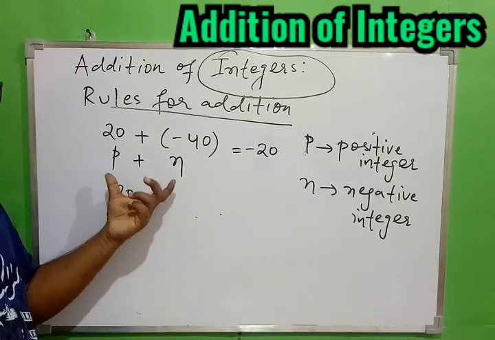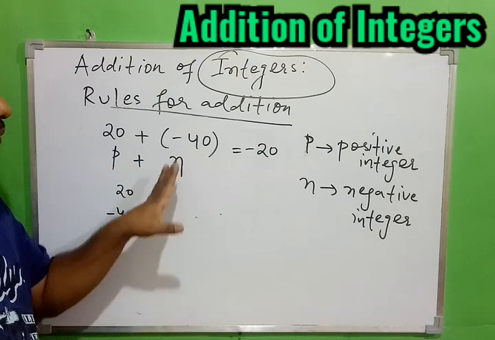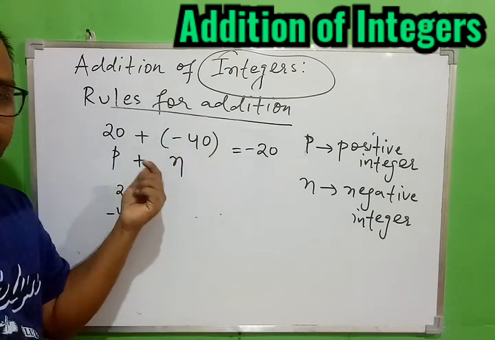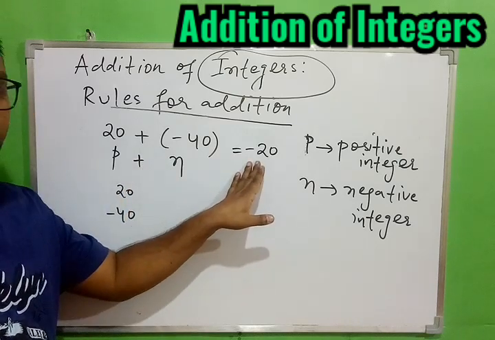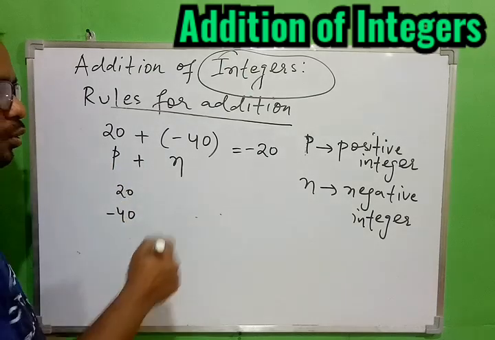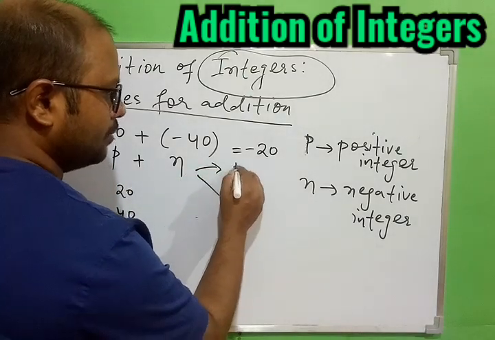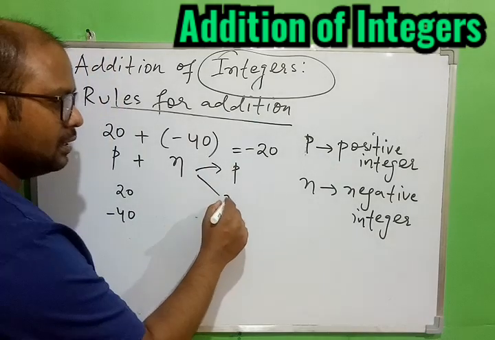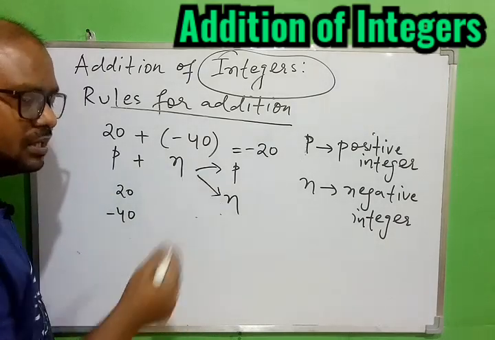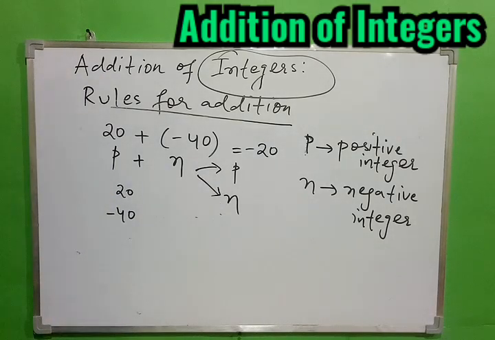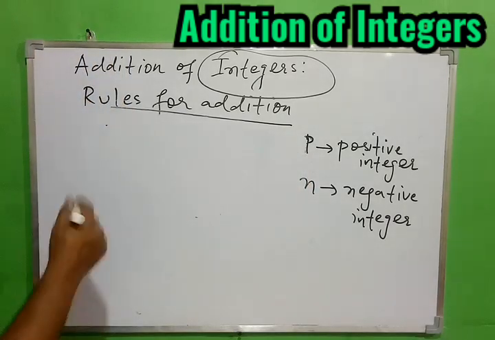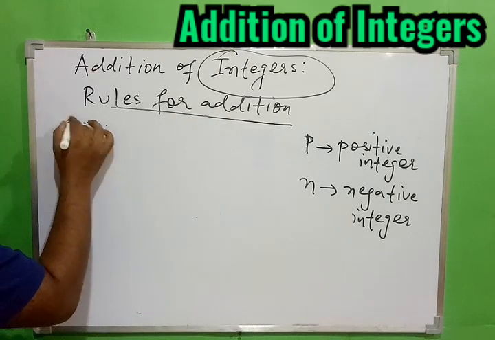Whenever we have positive and negative numbers or integers, just subtract them. Now see the numbers, the greater number, whatever sign it has in front of it, the same sign should be there in the final answer. So we can say by adding positive and negative integers, we can get a positive integer also, we can get a negative integer also. So I hope this is understood, and we have taken both examples to get this concept. So I hope this second rule is clear, and let's go for rule number 3.